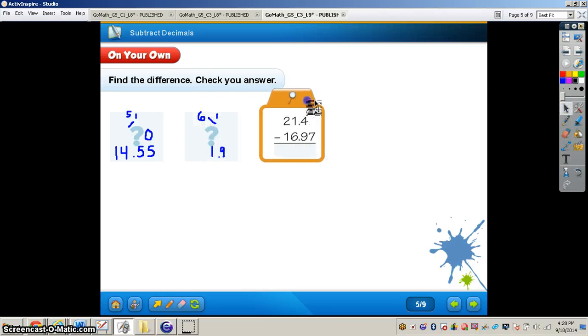Next problem. 21 and 4 tenths minus 16 and 97 hundredths. Work through this problem. When you're finished, press play. I will have the answer for you. Pause the video now. Okay, now we have the answer of 4 and 43 hundredths. So if you're not getting these correct, you may need to rewind the video and watch a couple of my